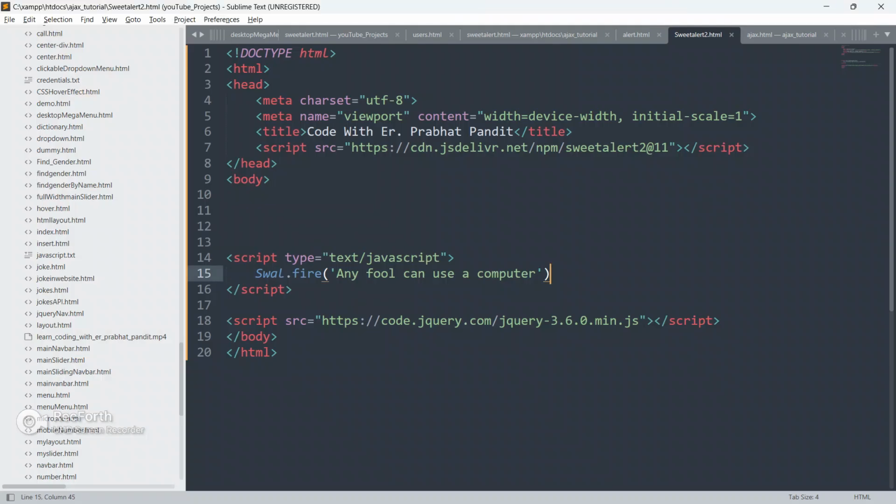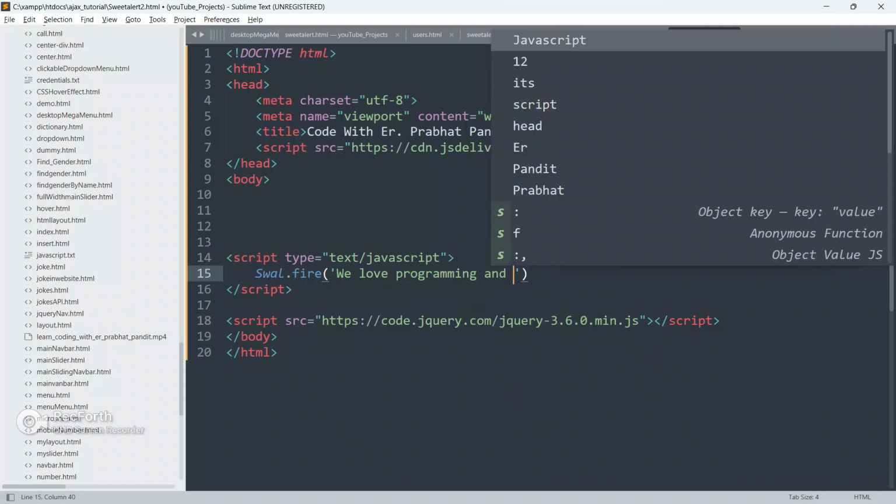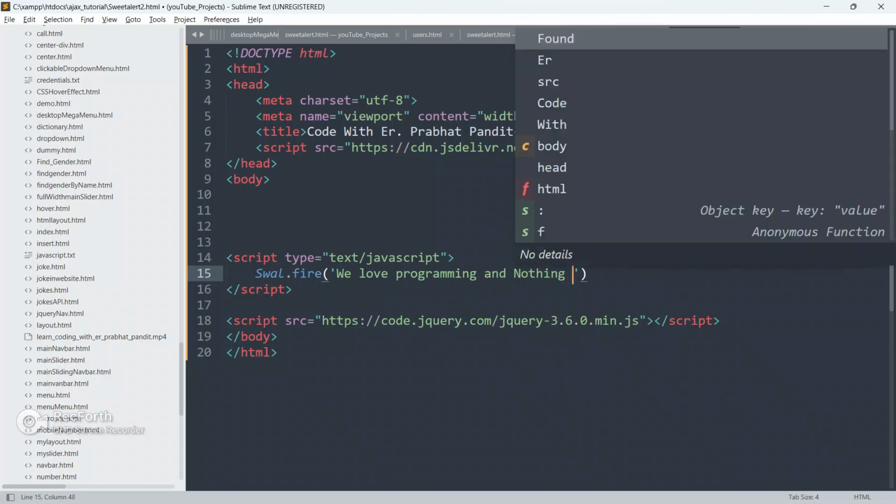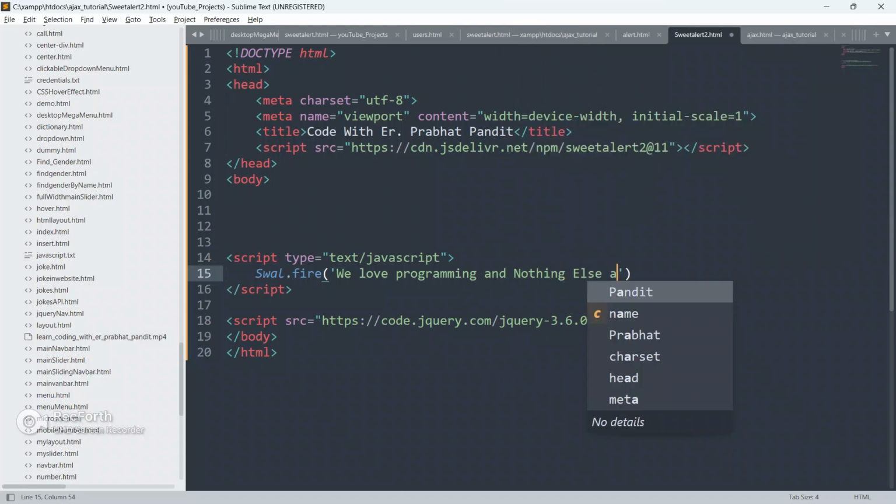Localhost. Okay, so see, from here we can change the message also. We love programming and nothing else at all.